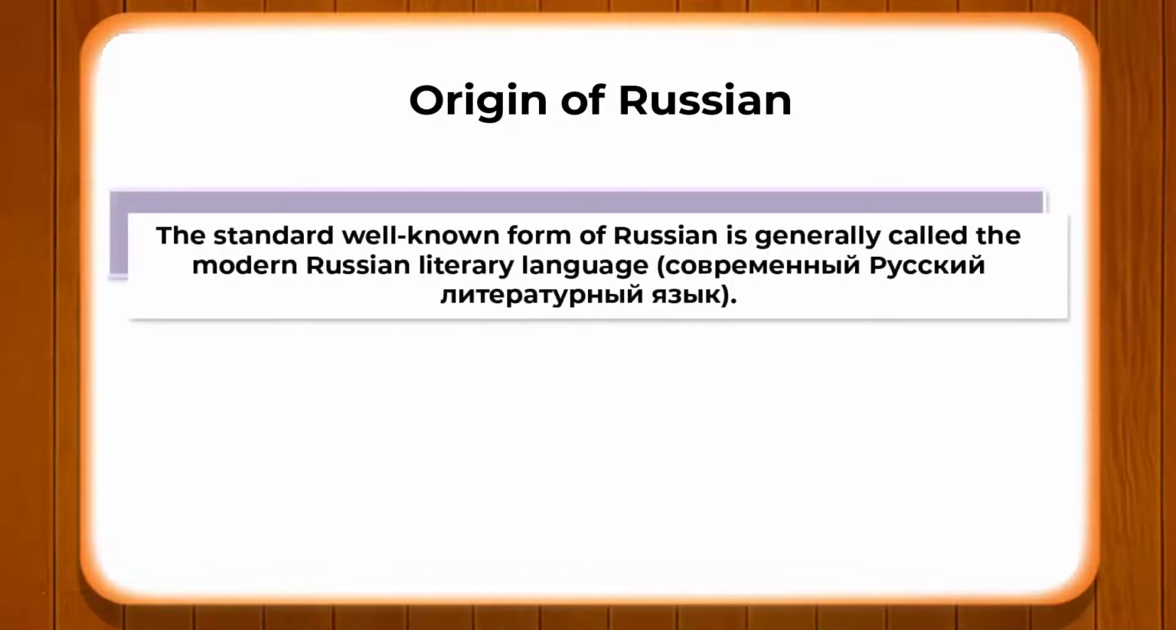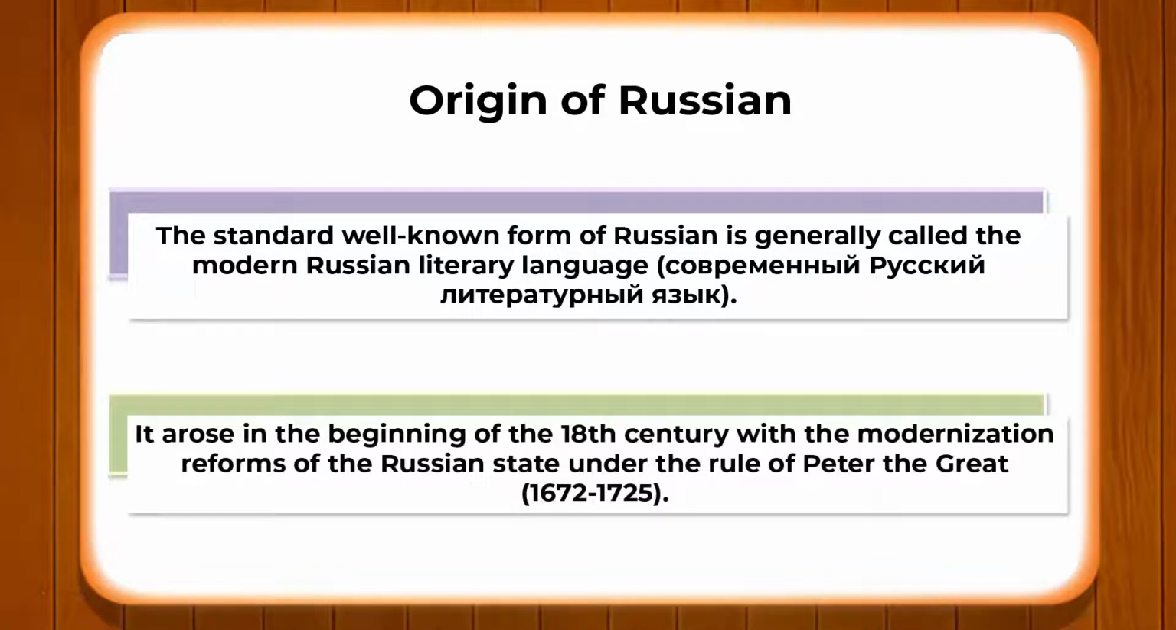These days the standard Russian, which we know as Современный русский литературный язык, the origin of this well-known form of Russian is generally called the modern Russian literary language. It arose at the beginning of the 18th century with the modernization reforms of the Russian state under the rule of Peter the Great. As you know, Peter the Great is the finest Russian Tsar who modernized Russia,